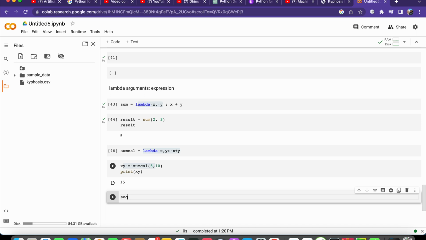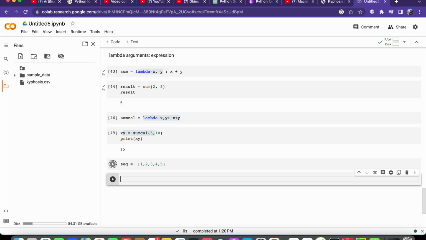I'm going to create a new list called sequence. So I will say values as 1, 2, 3, 4, 5, and here we can use the map function. We have to pass in the lambda expression here. So the lambda expression can be created inline. I am going to say lambda,